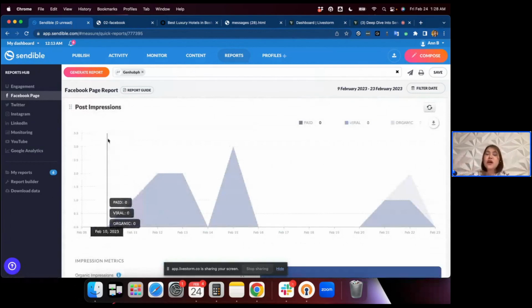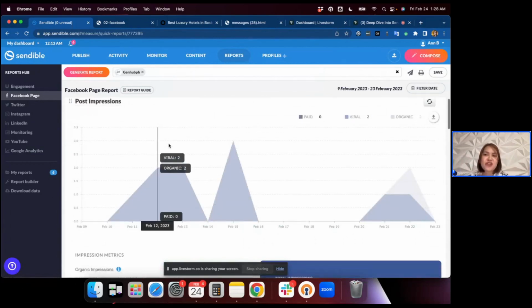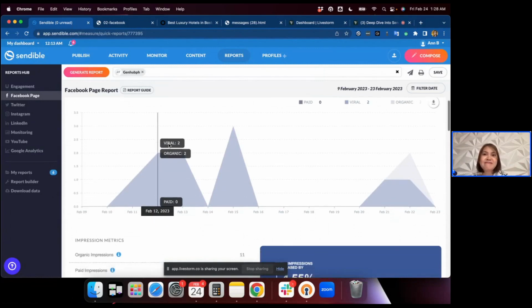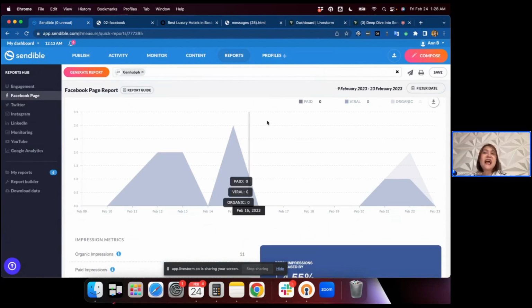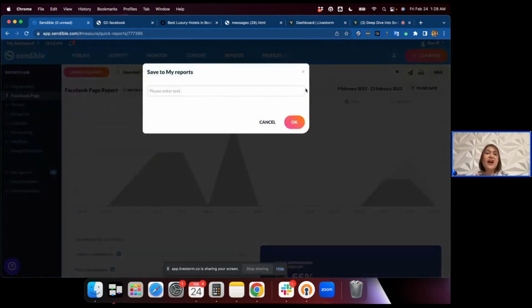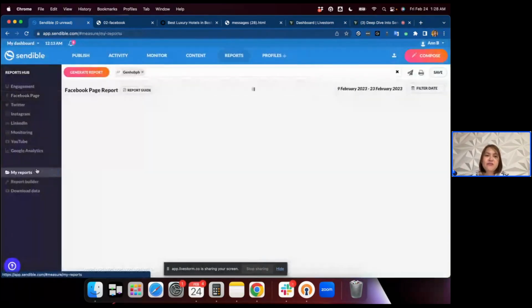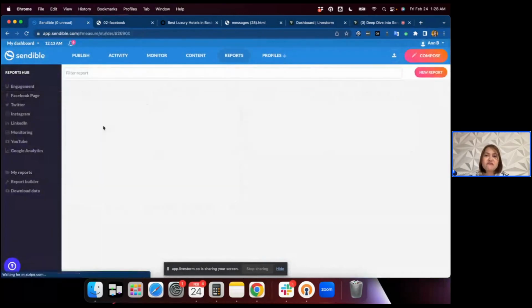Now, maybe you want to customize this further. You want to remove modules that don't make sense for your company. That's okay, we get you. You can customize this, but you have to save this as a custom report. Now, saving it as a custom report involves a higher plan, so you need to be on a Scale plan or higher. But once you've saved this, it'll be saved here under My Reports, and then you can customize